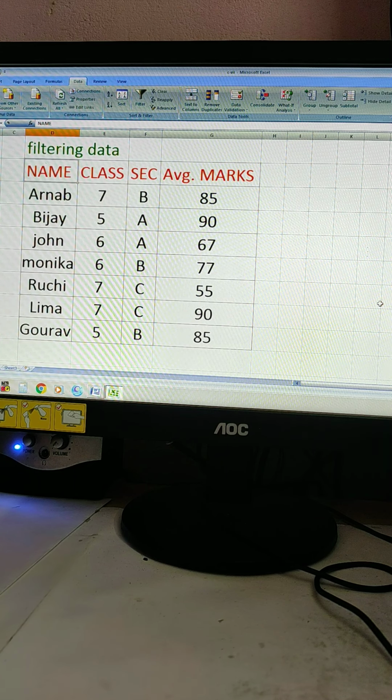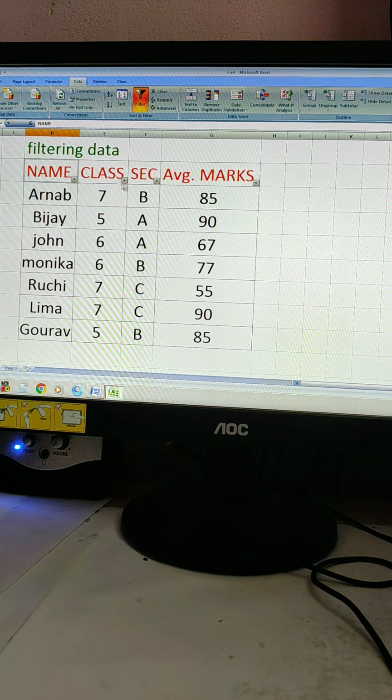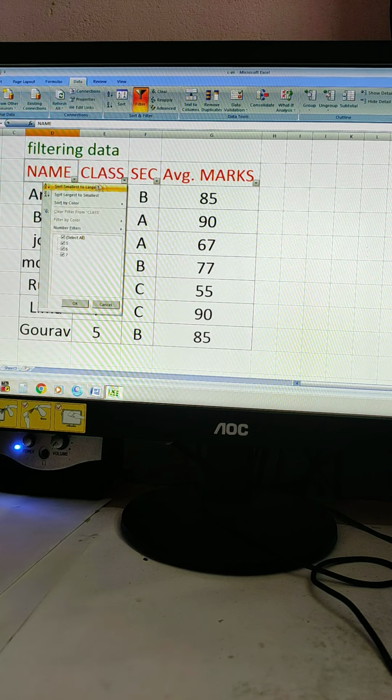So you need to click on the data. Click on the data with the mouse, then come to the sort and filter option. Click on filter. Now carefully watch the name, class, section, average row; it has already changed a little. In the right-hand corner, a small pop-up menu is there. Okay, the pop-up menu is there. I said that I need only class 7 to be filtered.